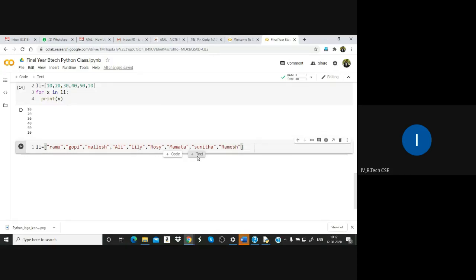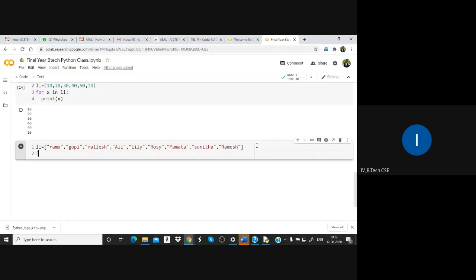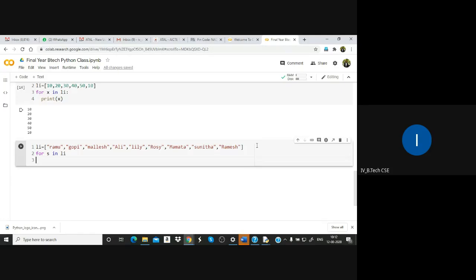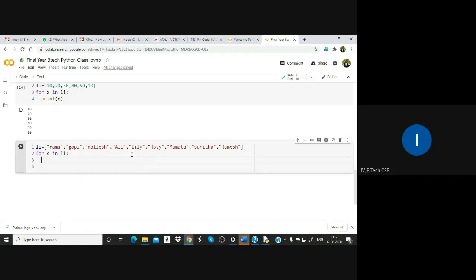So like this strings you can also group, and let us run for loop on that. For x in li, sorry, colon, print s.